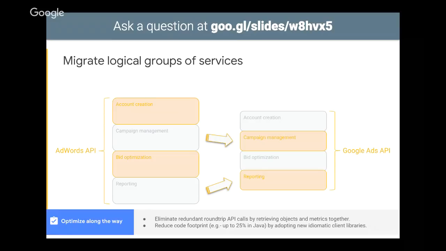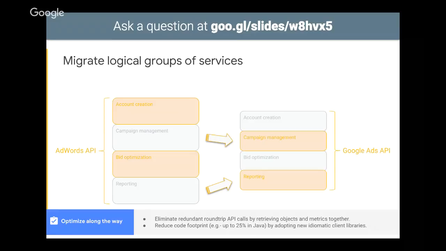So the client libraries are being generated in a way that is much more efficient than what we were using with our SOAP and Access pipeline to generate the AdWords API client libraries. And a concrete example of this, again, this is going to vary by the client language significantly, but for our Java programming language, we noticed that